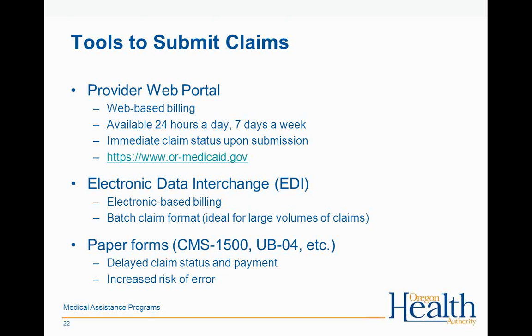And then whatever is scanned in, there's an optical character recognition that reads that information and transfers it over to our Medicaid Management Information System, or MMIS, and then there's an increased risk of error because it's all automated in that way. The zeros may look like O's, ones may look like I's. If the information is listed a little bit to one side or the other, sometimes it doesn't pick up the first or last number or letter or character, I guess is the word I should use. So do keep that in mind if you are using paper forms, but we do, of course, accept them.